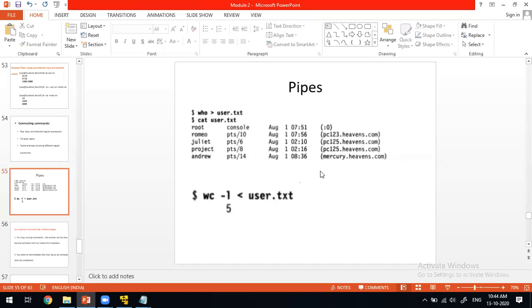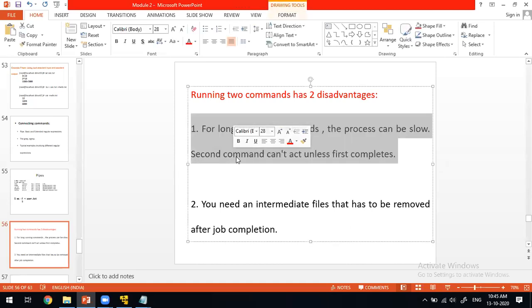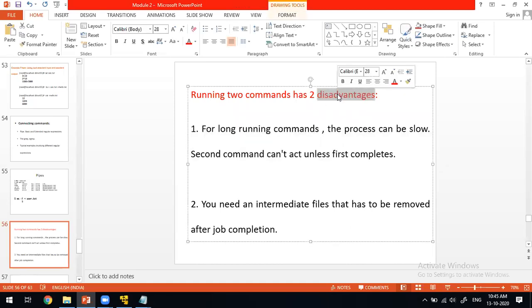Using pipes, I'll reduce the execution time and also the number of commands. How? We'll see now. The problem with running these 2 commands separately is that if the command is long running, it will take some time, and you cannot execute the second command until the first one completes. That is one disadvantage without pipes.